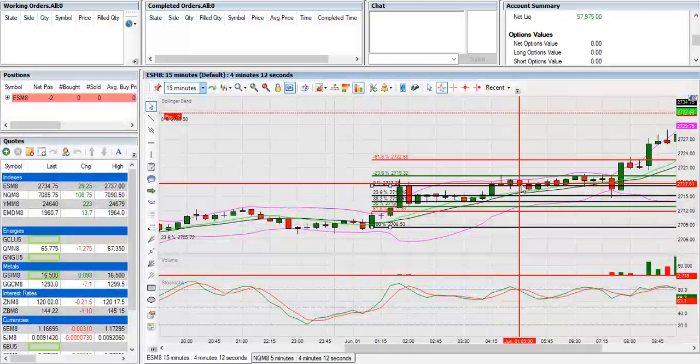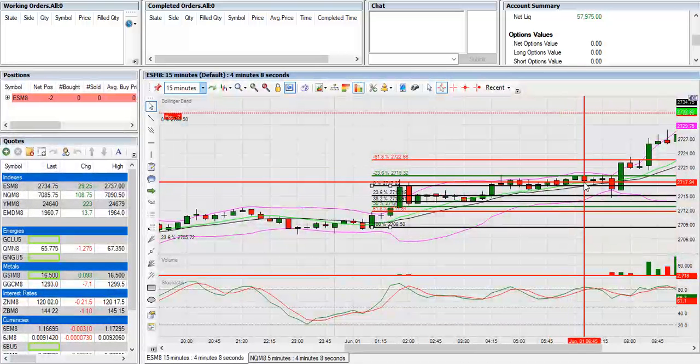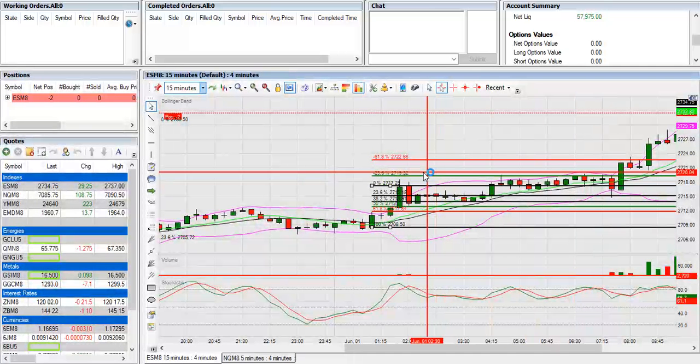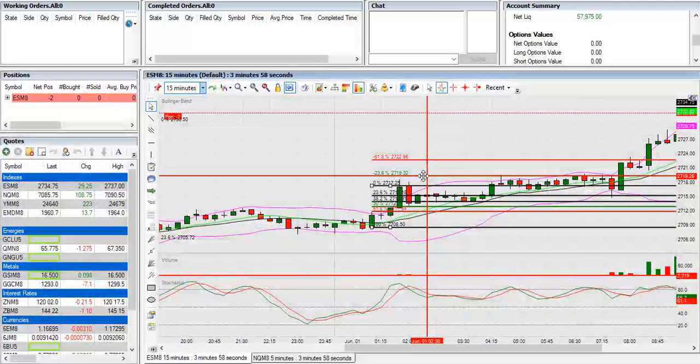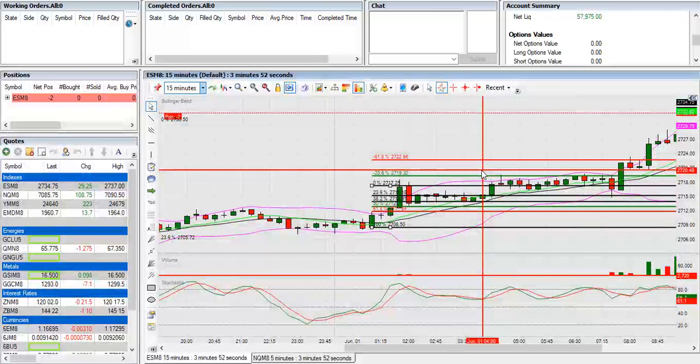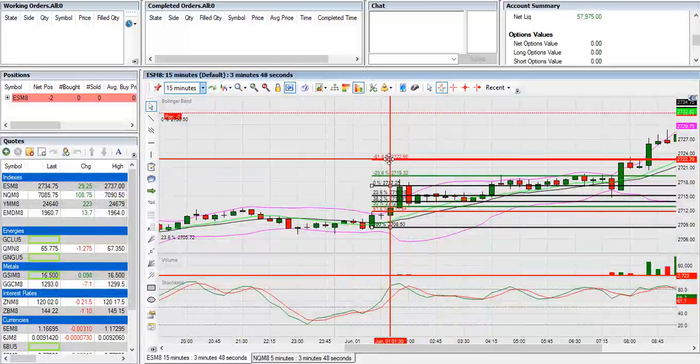If you don't get out there, you would possibly get out here, or you could get out here, but your momentum is still up. So if you're a conservative trader, you could set your levels at the 23.6, or you can set it somewhere between your 23.6 and your 61.8 to get filled a little early. I like to shoot for the 61.8,